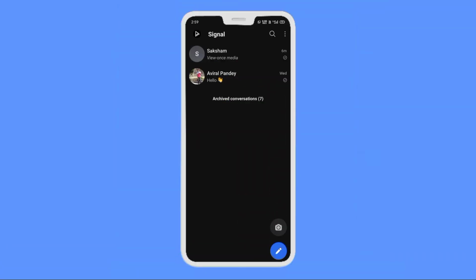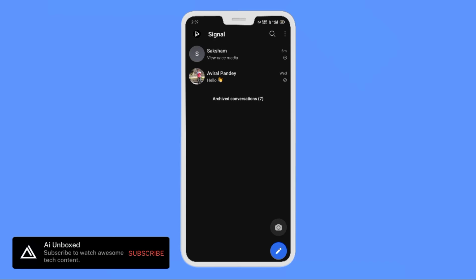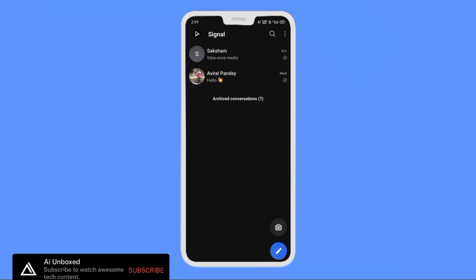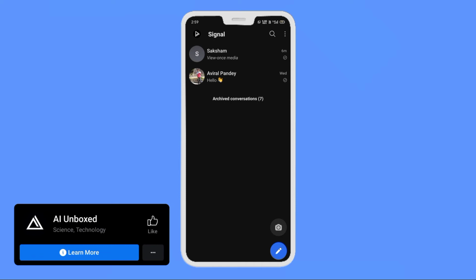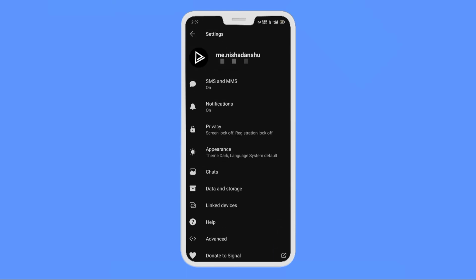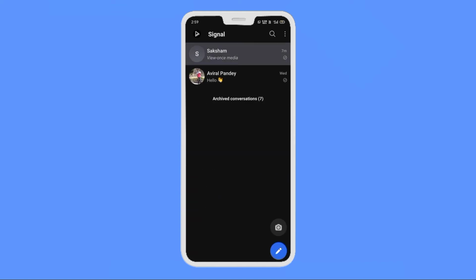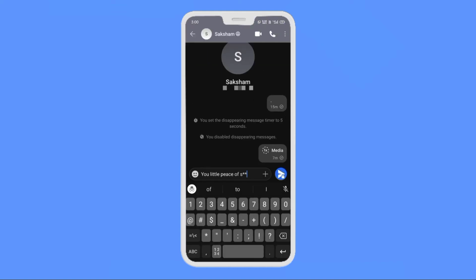If you are using Signal app to enjoy privacy, then using a normal keyboard basically ruins the whole concept, because keyboards usually record and learn words you are typing to personalize their services. But you can ask Signal app to enforce incognito keyboard for you, which will restrict keyboard applications from learning what you are typing. To toggle incognito keyboard, just open settings page and tap on privacy, and here enable incognito keyboard, and that's it. Now onwards, none of your typing will be recorded by keyboards while using Signal app in particular.